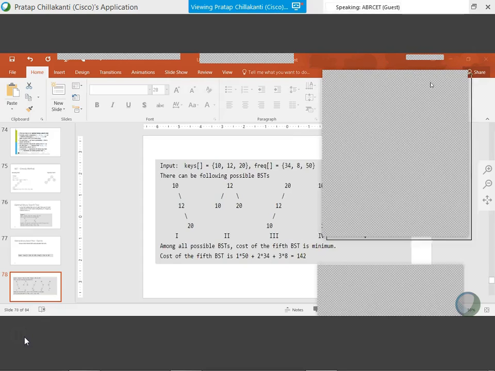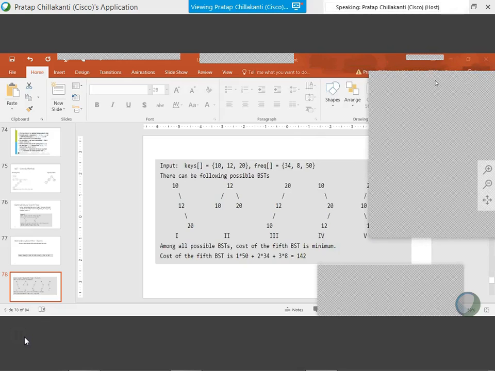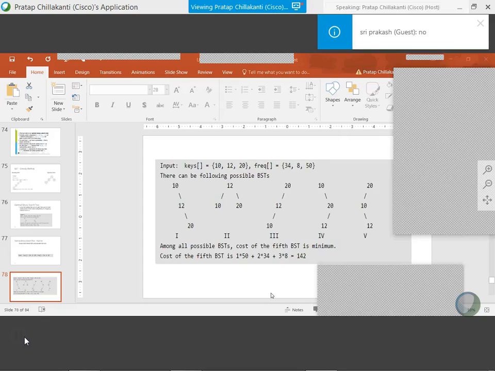Okay. So do I place 10 at the root? So we have 10, 12, and 20. Do I place 10 at the root to get an optimal BST? Yes or no for that? This should not take more than 5 seconds to answer, right? You're looking at 5 pictures there. The very first picture, you see 10 at the root. So why should it take that much time to answer? One of you should answer. Good. It's no.